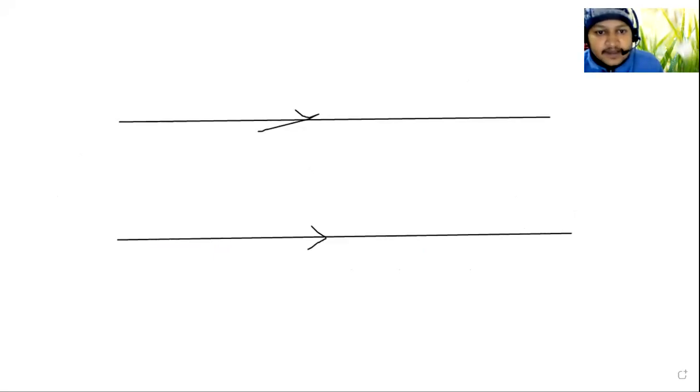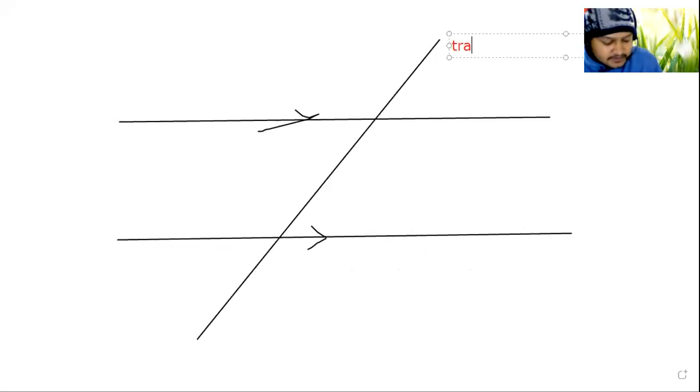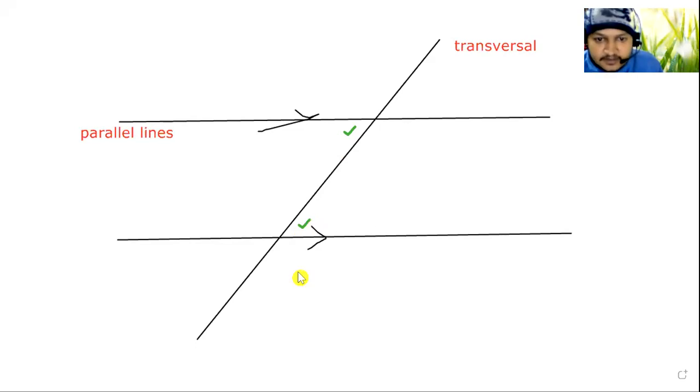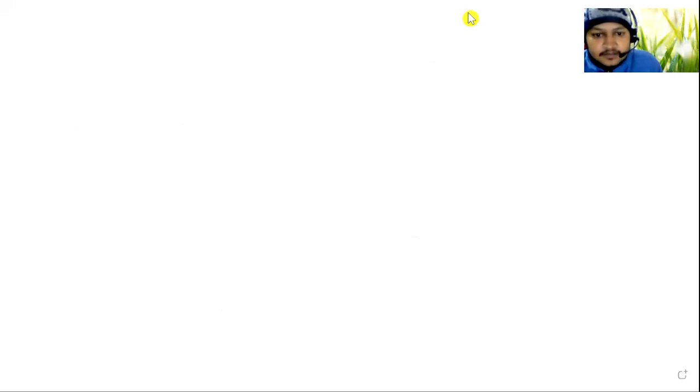And a line passing through the parallel lines, यसलाई हामी के भन्छौं? This is a transversal. For parallel lines, if we observe the different types of angles, the angles on the opposite sides of the transversal, look at these two tick signs, these are alternate angles. Similarly, on the same side, these are coincident angles. I think time is going to be off for today. We'll continue it in the next class. Okay, sir.